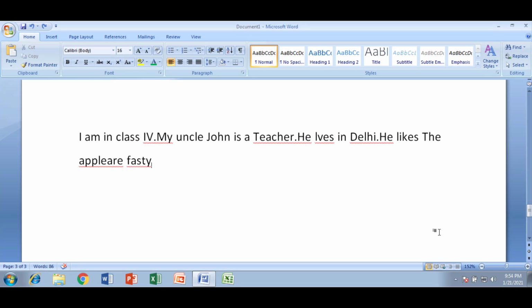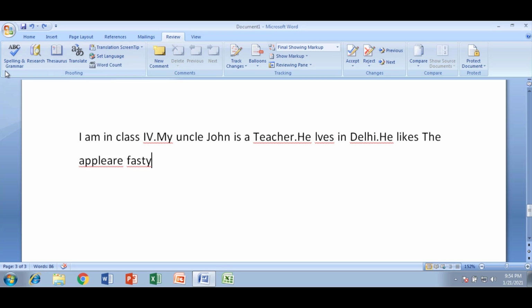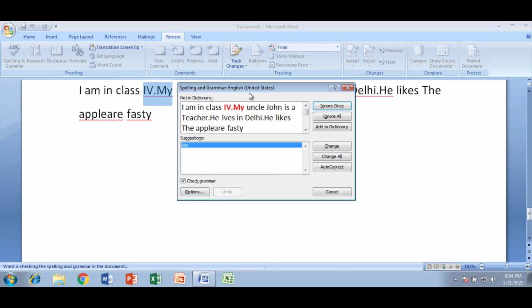You can also check the spelling and grammar using the dialog box available in MS Word 2007. For that, you just have to click on the Review option that is available over here. After clicking on it, you can see the first option, Spelling and Grammar check. You just have to click on it. After clicking, you can see a dialog box, the Spelling and Grammar dialog box. Here you can see the error, and it gives you a suggestion.